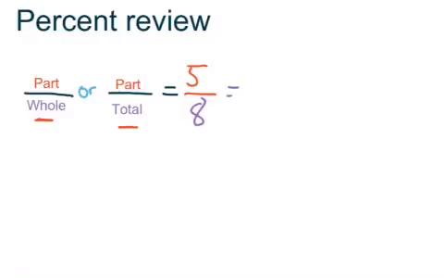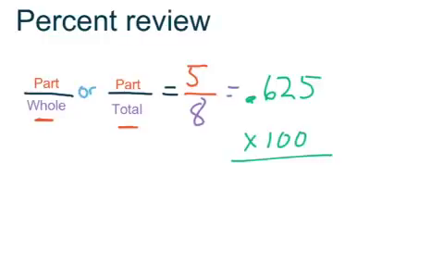Now to turn that into a percent, all we're going to do is divide our two numbers. So you take 5, use your calculator please. 5 divided by 8, when you enter that into the calculator, you get 0.625. Now this is not our percent. We got to change this to a percent. So Victoria, how would you change that number to a percent? You would multiply it by 100. Okay, so you would take this number, multiply it by 100, and you end up with